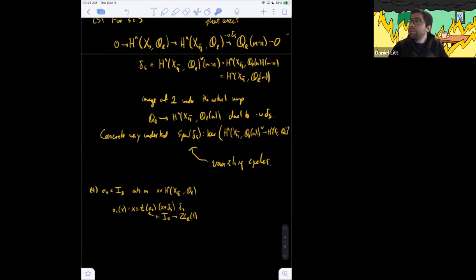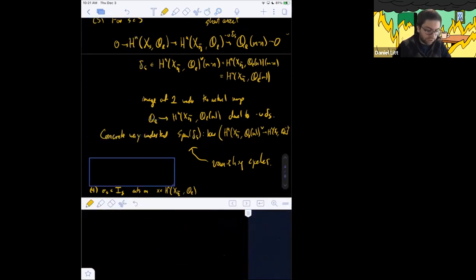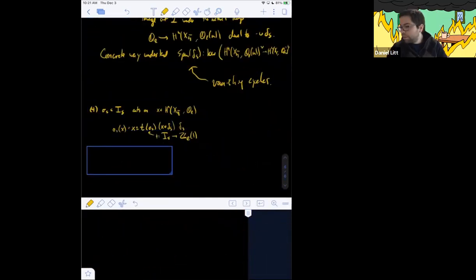I'm sorry, I missed, I see Jose asked a question about that example earlier. So the image in SL2 is Gamma(2). Yeah, I believe that's right. I would have to check. It certainly is contained in Gamma(2) and is finite index. I'm not 100% sure if it's actually all of Gamma(2). I would have to check. Yeah, that's a good question, Jose. I think maybe it doesn't contain [-1, 0; 0, -1]. So I think it's not quite all of Gamma(2).